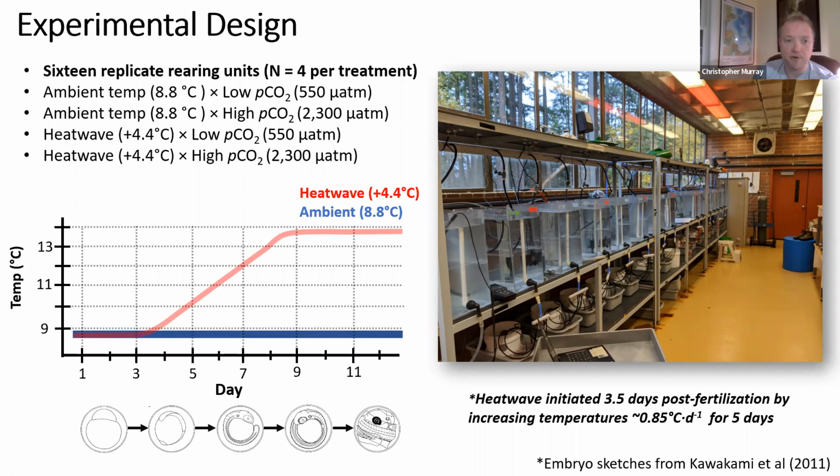I let all the embryos develop for 3 days under that ambient temperature regime. And then on day 3.5, I started the temperature ramp up. I designed this temperature ramp up with those most intense heat waves I found in the Padilla data set. So over the course of 5 days, I increased the temperature by about 0.85 degrees a day to result in about a 4.5 degree increase. This essentially mirrored that really intense heat wave that we saw in April 2016. So by day 9, the embryos were being exposed to about 13.5 degrees relative to the control group.